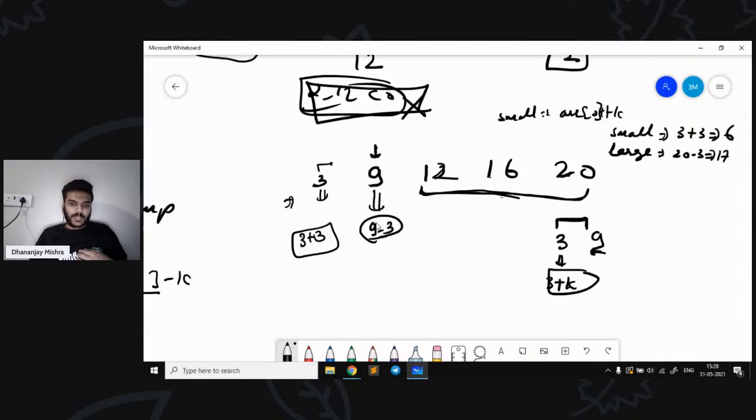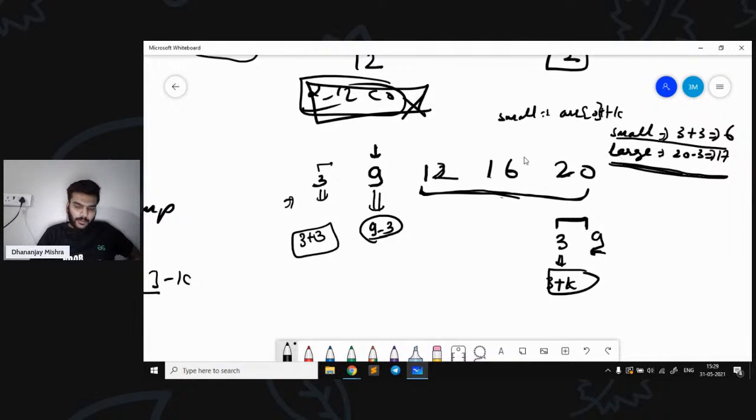So for checking that, I have this large value, right, 17, and a small value. For each number, I will be checking by adding and subtracting with this value. Suppose I'm adding a value k to a number, then there is a chance that it can become larger than this number, right? It is not logical to compare, after adding the value k to this number, with the small value, because after adding something the number will be increasing, not decreasing. That's why after adding a value to that number, I will be comparing it with the large value,